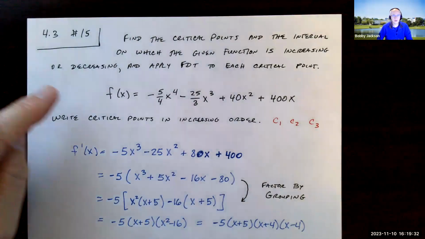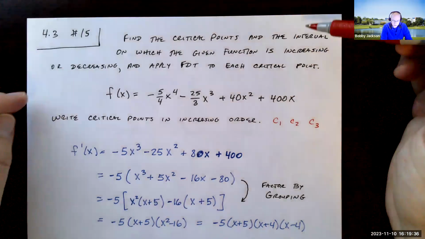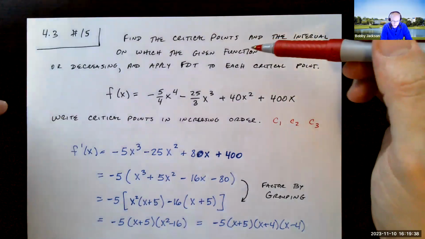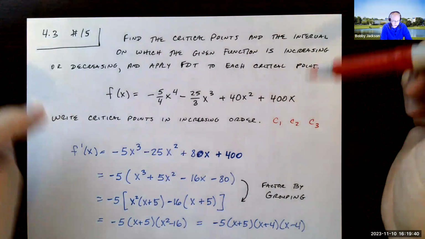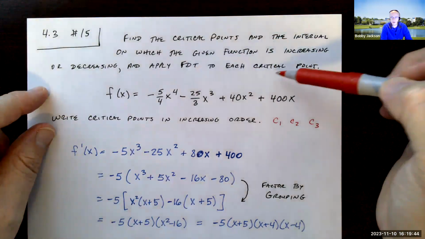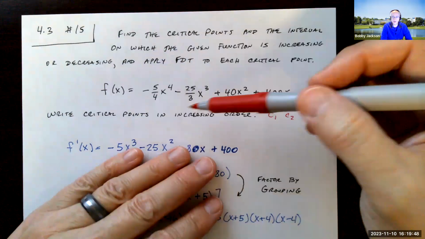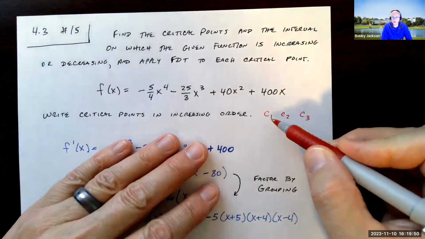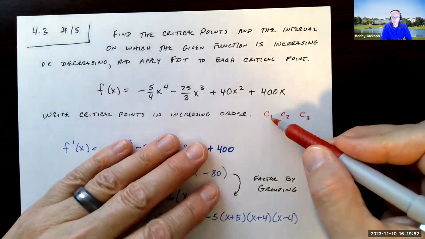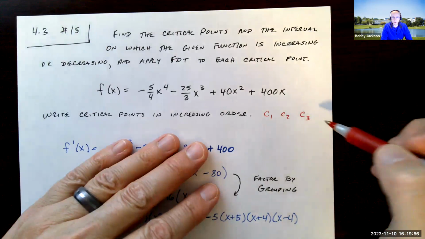Okay, everyone, we're going to look at number 15 in section 4.3. We're going to find the critical points and the interval in which the given function is increasing or decreasing and apply the first derivative test to each critical point. And here's our function. They do want you to write critical points in increasing order, so they use this notation. C1 will be the smallest critical point, C2 will be the next biggest, and then C3 will be our biggest